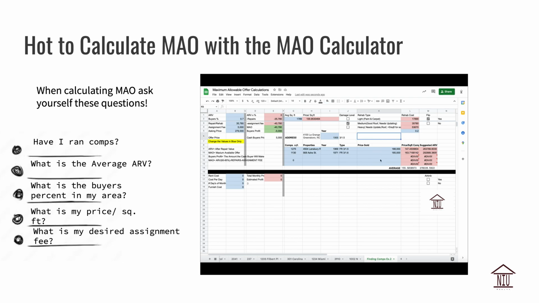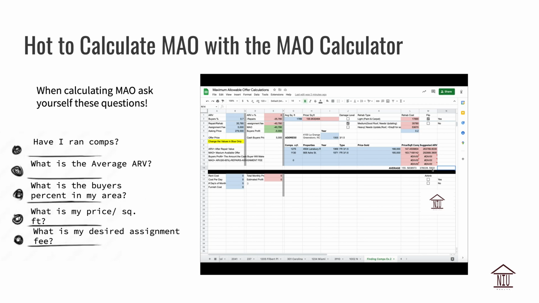Usually you'll have all of these filled in, but since we just have these two, we just needed the total average of these two price per square feet. Now to give us the average price per square foot, the suggested ARV, that's going to give us the average ARV using these two comps. Now, like I said, of course, you would have more, but just for the sake of this video, we're just going to use these two, which gives us an average ARV of